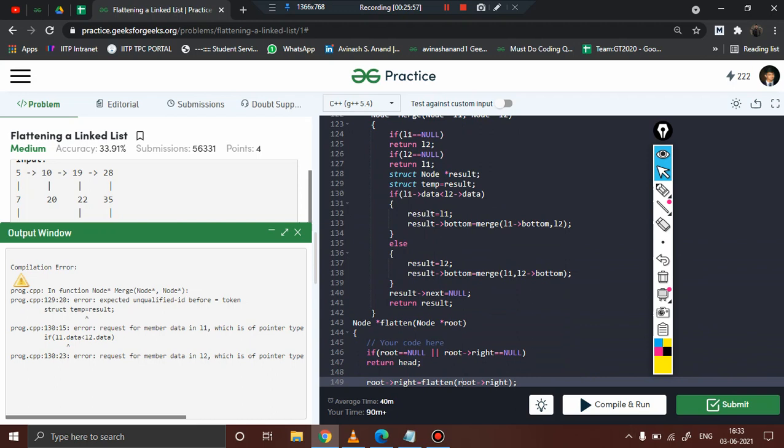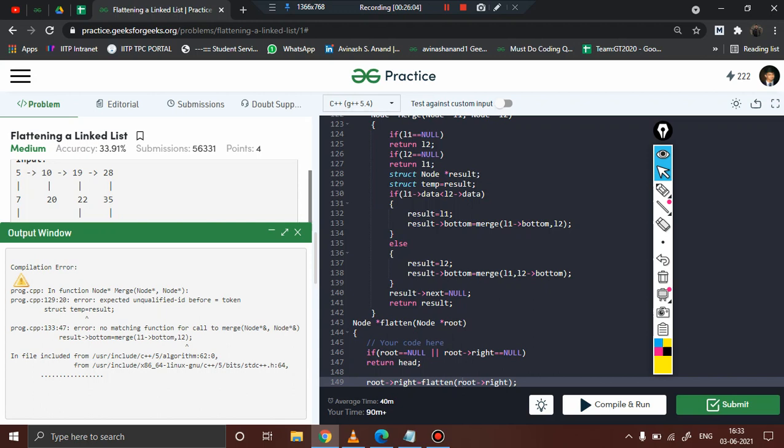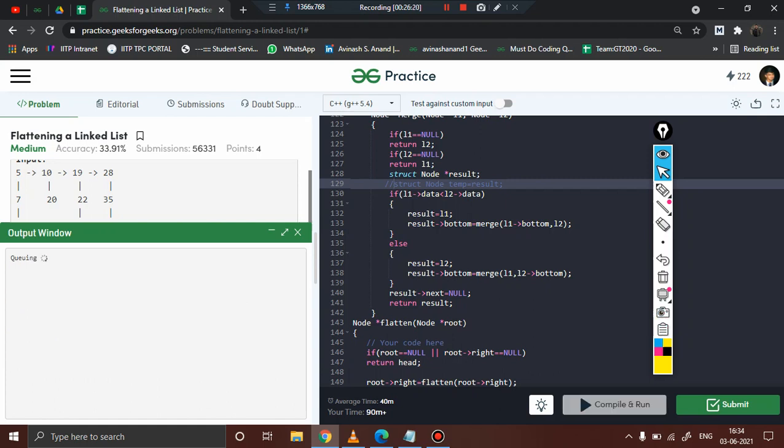Fine. There might be some silly syntax errors. I should combine. I should use it properly. Struct temp is equal to result. Okay, let us see the error. So basically it will be struct node temp, and I have not used temp anywhere, right? I was trying to use it, but I have not used it. So basically I can comment it out, not required.